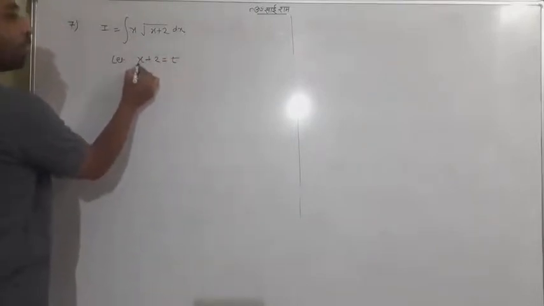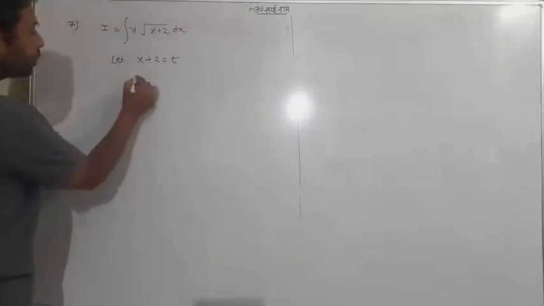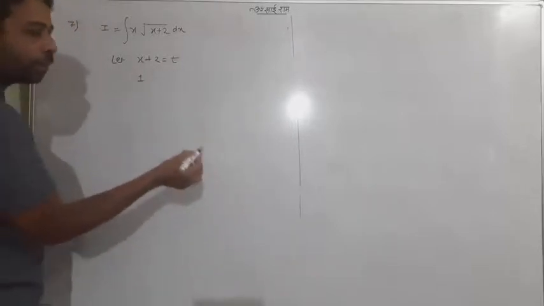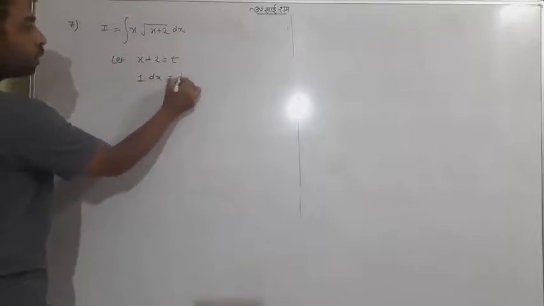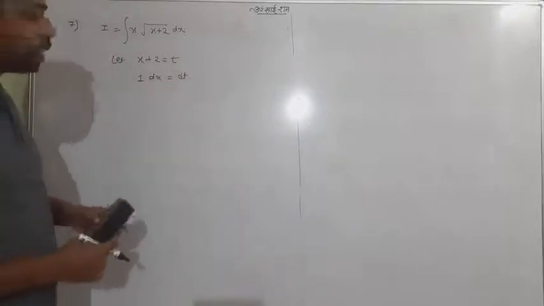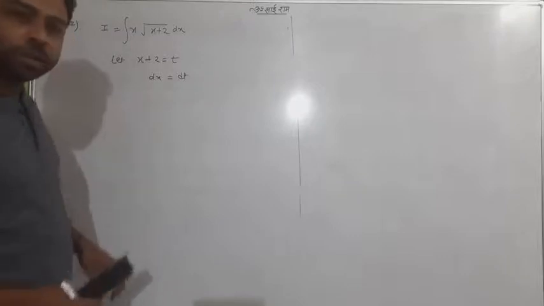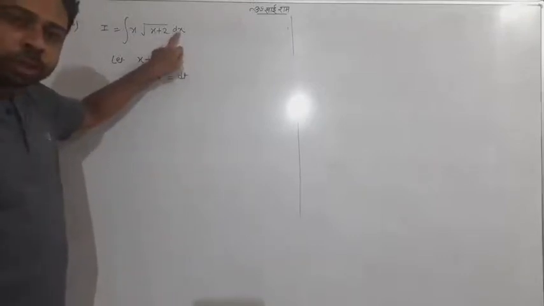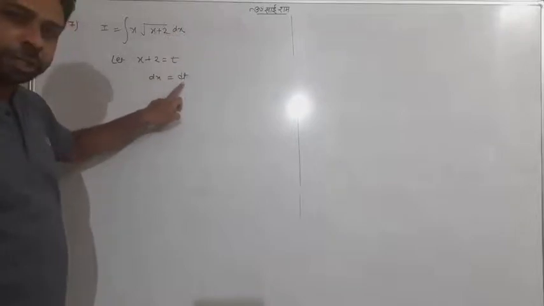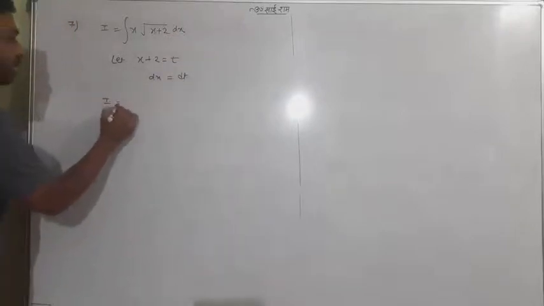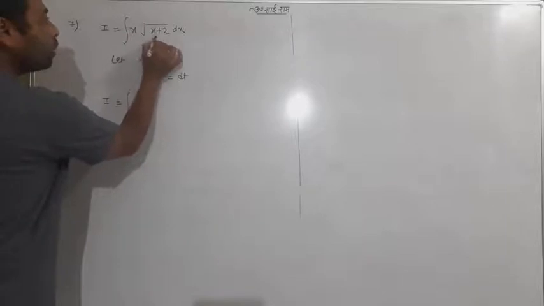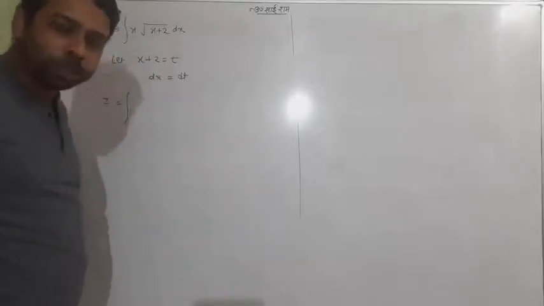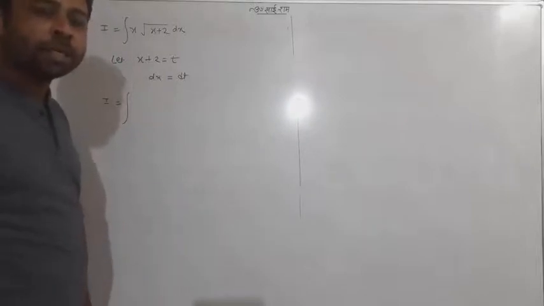So differentiation of x is 1, and 2 is 0, so I don't want to write that. Along with that, dx equals dt. So the overall picture is that 1 need not be written. So dx equals dt. Okay. Now I have the substituted dx, which can be written as dt. The next thing is I have to convert each and everything in the form of t, because after the assumption, the question should turn completely into the form of t.